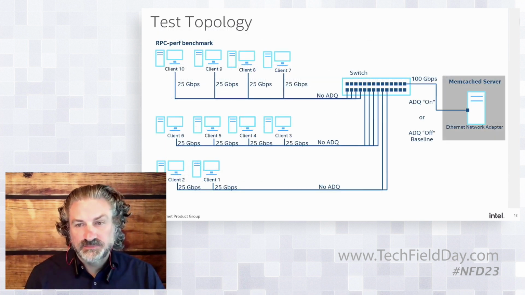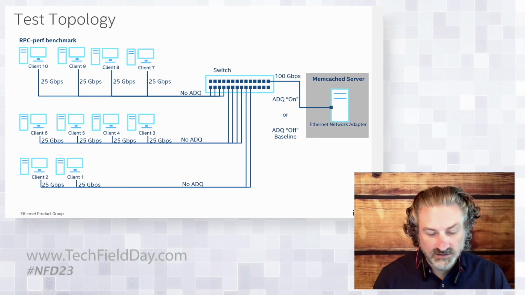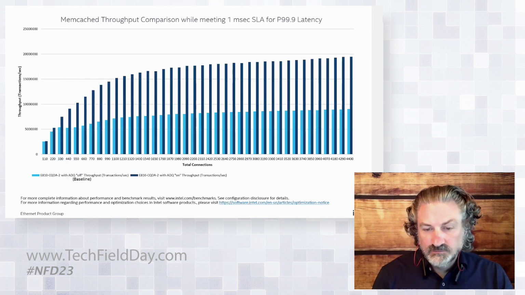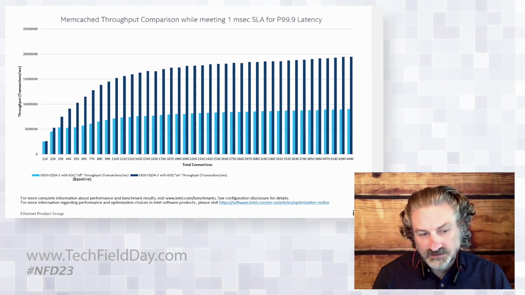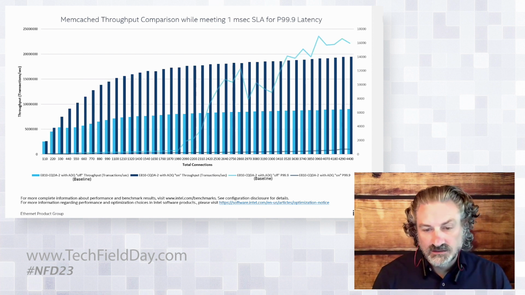So we have a test bed, and we ran the test with the memcache server without ADQ and with ADQ. And once again, if you look at the transactions per second, you see that the throughput levels out, as you would expect, and you get to a certain level. But once again, this isn't the whole story. Let's look at the